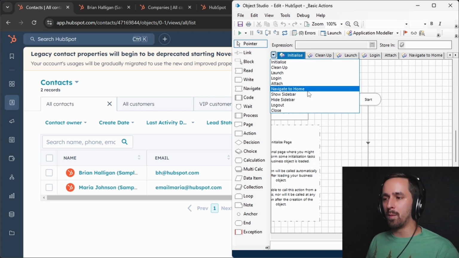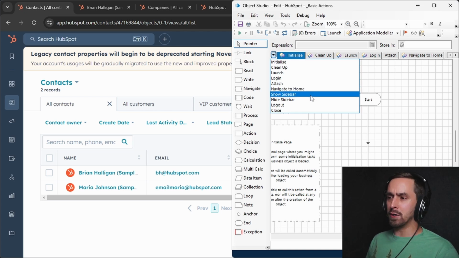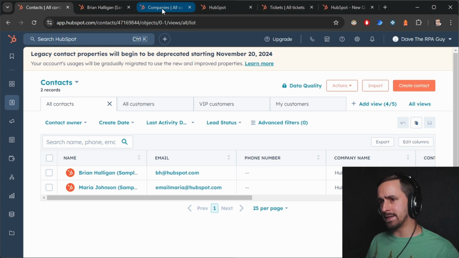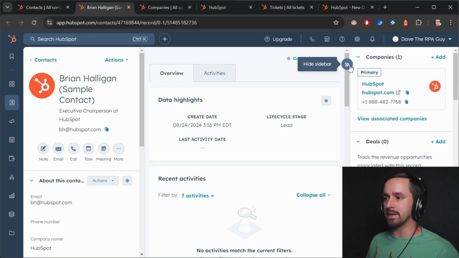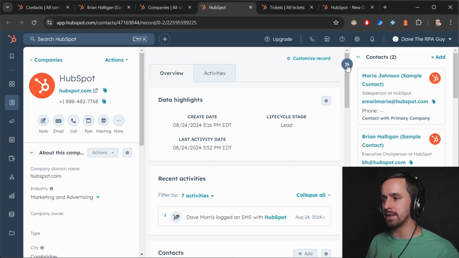Your navigate to home could be named something different and it could do something entirely different, but it's just to get you to a clean slate. Now, I put show sidebar and hide sidebar in here because I did see that in 3 of our 6 screens, we have the sidebar on the right side, and it only deals with specific entries, specific records. So like a company record has this sidebar on the right side